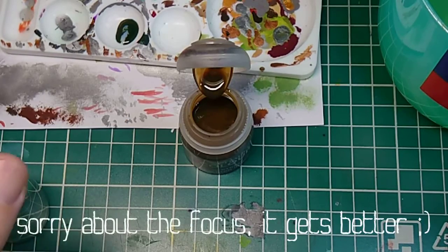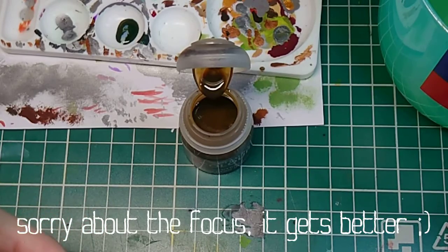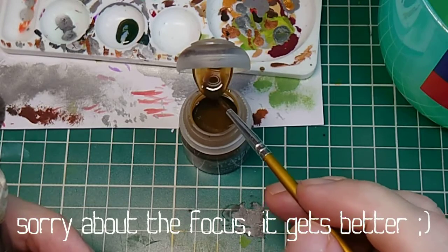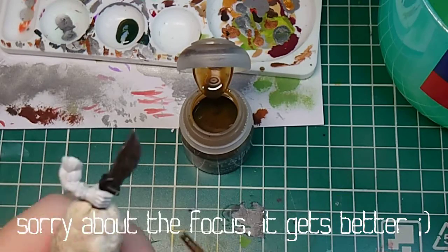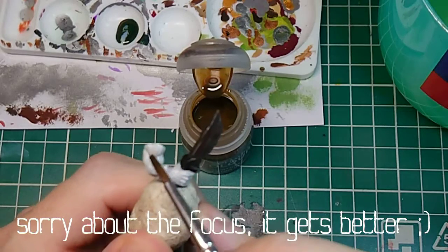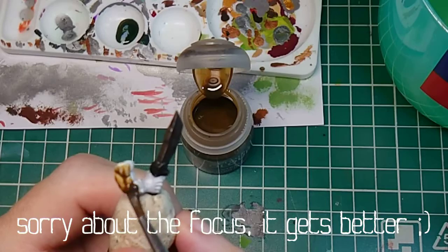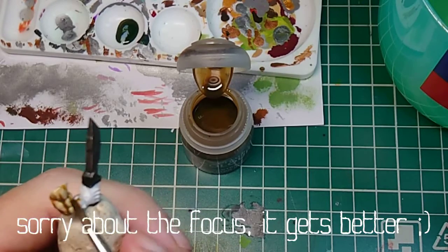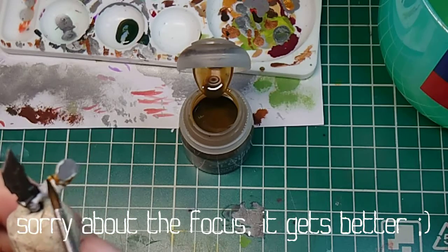Okay, so our first step is Skeleton Horde. We're just going to take this right out of the pot. We're not going to thin it down or anything. We don't want tons, but we do want coverage, and we want to kind of guide it down into the recesses, trying not to let it stay up on the raised edges too much. If you start to see any pooling, just pull it away. We do want to keep this paint moving,